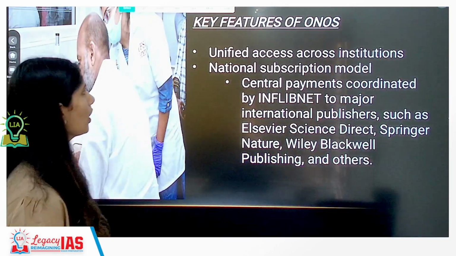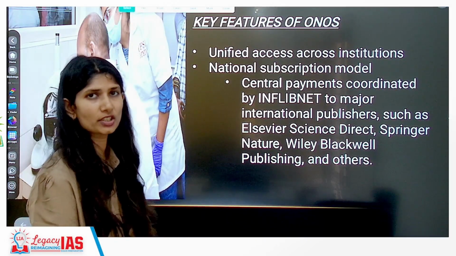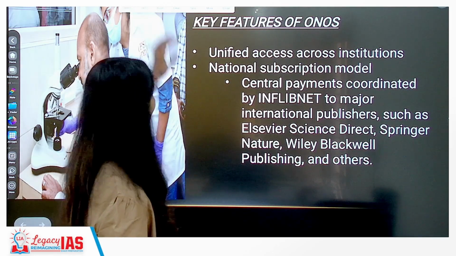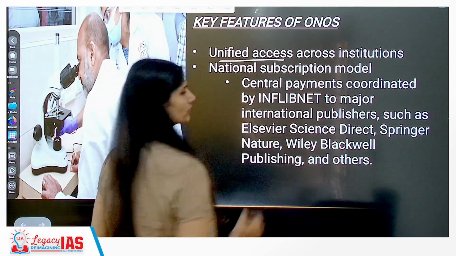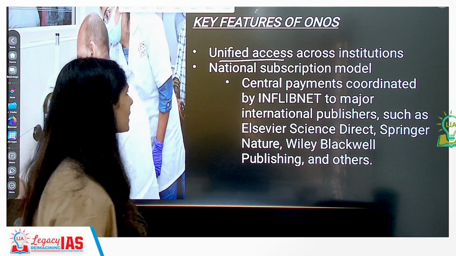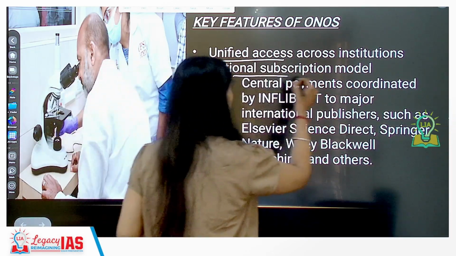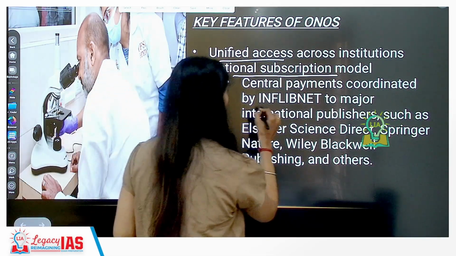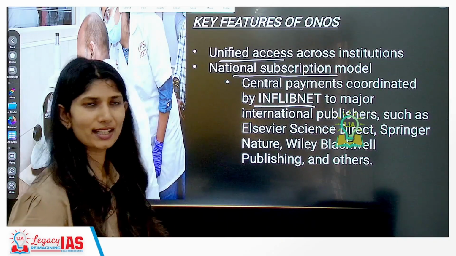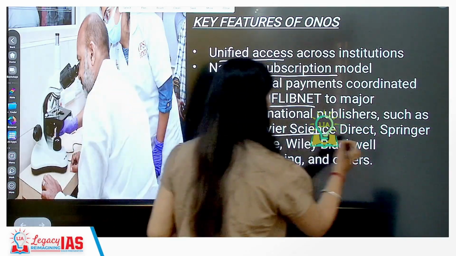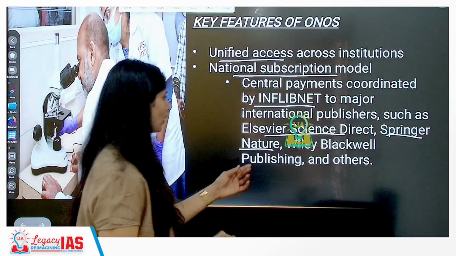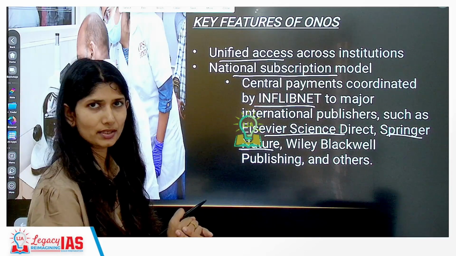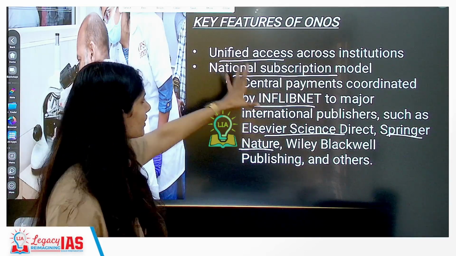Look at this. If we now start getting into the more specific features, what this will do is aid in unified access throughout the country. And second, this will create a national subscription model, meaning what? A central payment coordinated by INFLIBNET to major international publishers such as Elsevier Science, Springer Nature, Wiley Blackwell. So, all these publishers will be brought together, and it will be a central payment coordination system